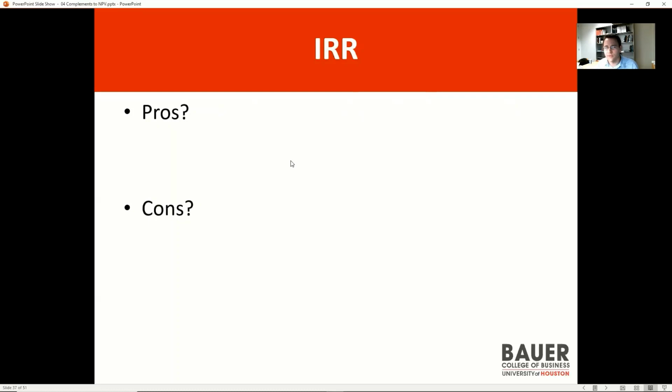So if you think about an investment, say it costs $1 today and it pays off $10 in a year. $1 today for $10 in a year. Compare that to an investment that costs $1 million today and pays off $10 million in a year. What's going to be the IRR for these investments? It's going to be the exact same, right? Whether it's minus $1, positive $10, or minus $1 million, positive $10 million, you're going to get the same exact